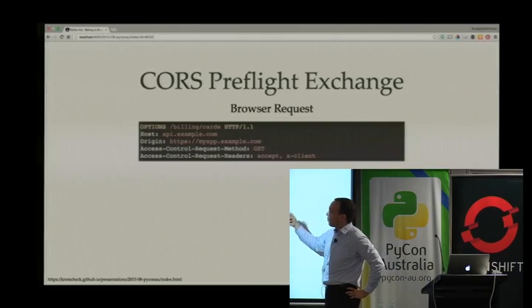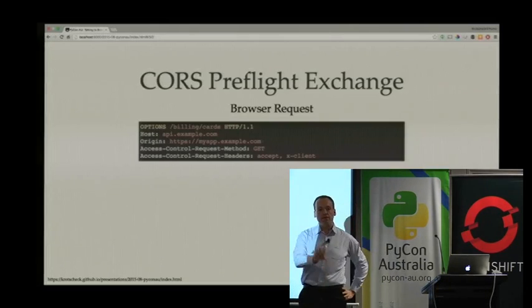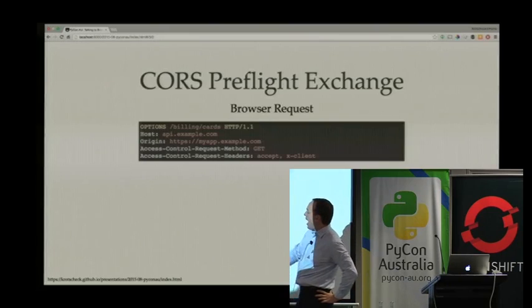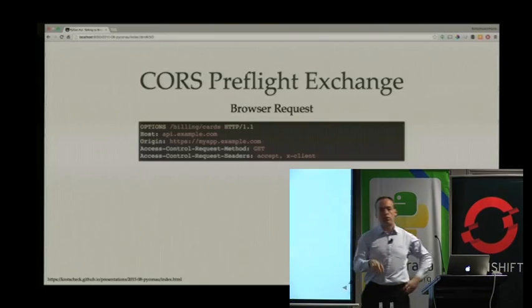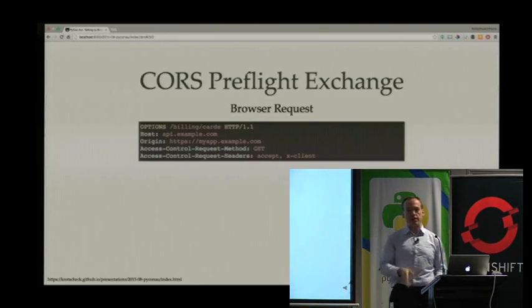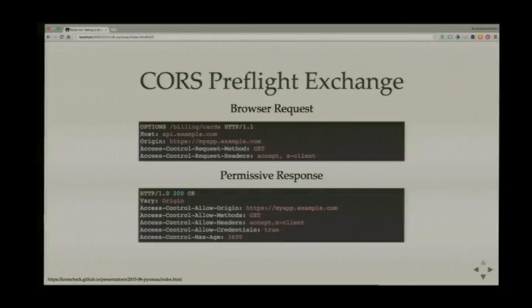And the thing that the browser adds is this origin. And it's saying, I live on this domain. And it's saying, I want to perform a GET request, and I want to send you these two custom headers. I want to send Accept, and I want to send this custom header called X-Client. And then the server's response will say, yes, you're allowed to do it, by telling you this